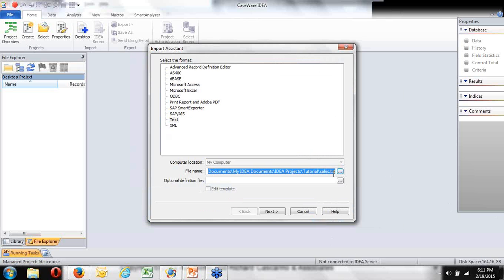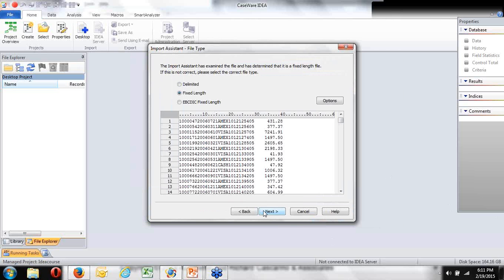So there's my IDEA document. Sales.txt is a text file, and I'll say yes. Okay. It's looked at it, it's analyzed it, it says, well, this is a fixed length file, it looks like an ASCII file, I'm quite happy with that. It could be comma delimited, it may not be. If I'm bringing it in from a file that's been output from Excel,